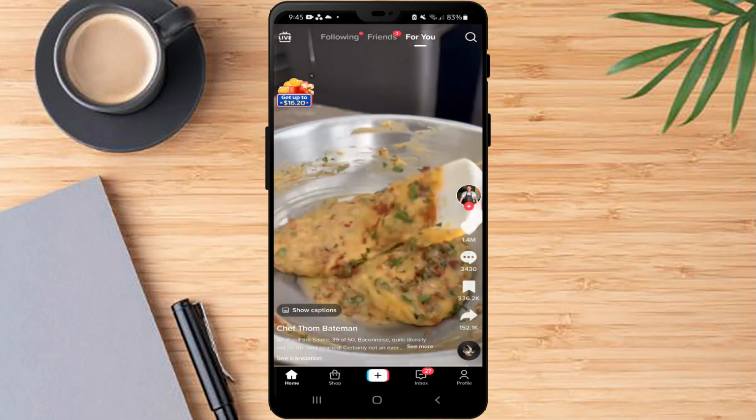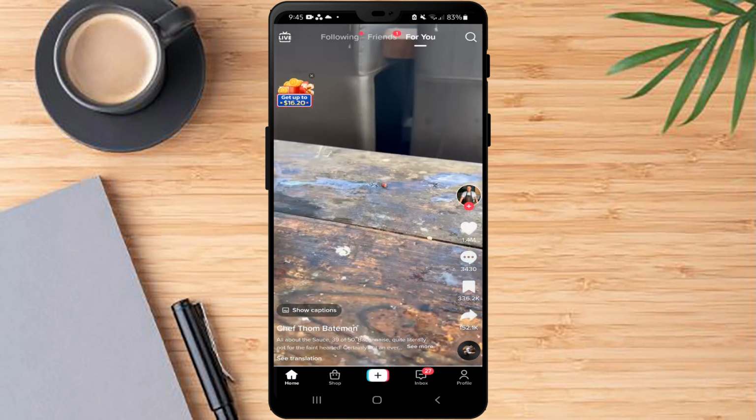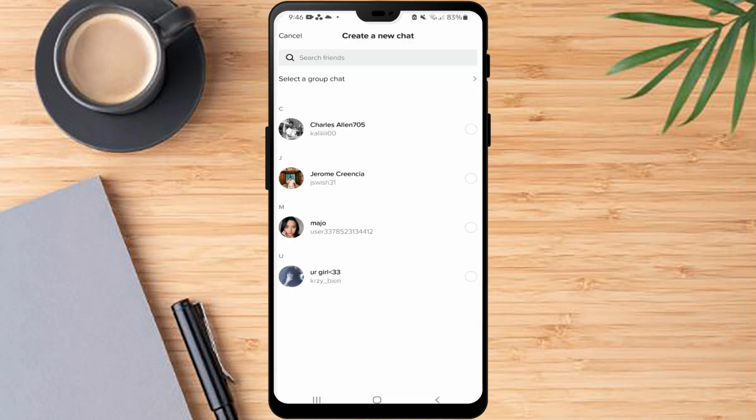So I have my account open here, and on the bottom right you will see the messages icon. Just press that, and then after that you will see the messages icon on the top right corner. Right now I can tap that because I can send messages, but if you can't,